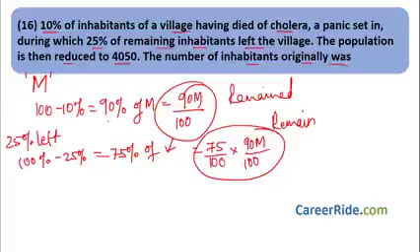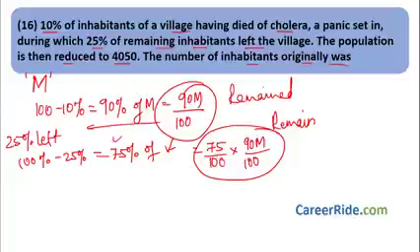Now over here, why did we take 100% minus 25%? Why did we not take 90% minus 25%? See, percentage is always subtracted from what? From 100%. Here they have not said overall 25% left. What they said was that out of whatever is the remaining population, 25% left. So the remaining population now we have to consider as 100%. Out of that, 25% left and 75% remained.